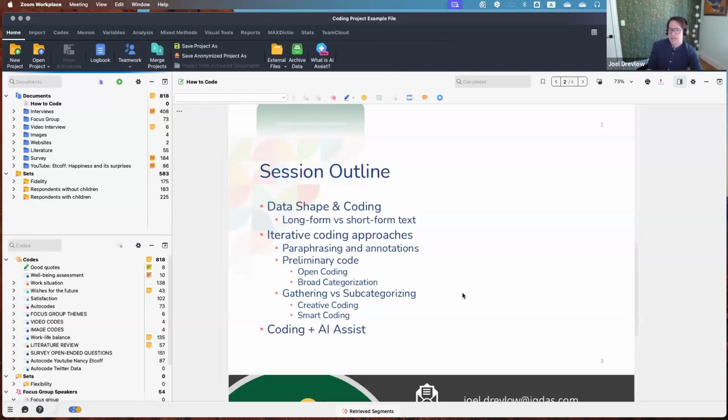So how we have a set process, steps that we use to analyze this data. And so we'll talk about how these iterative coding approaches sort of manifest in MAXQDA, the different tools, the different places that you will get